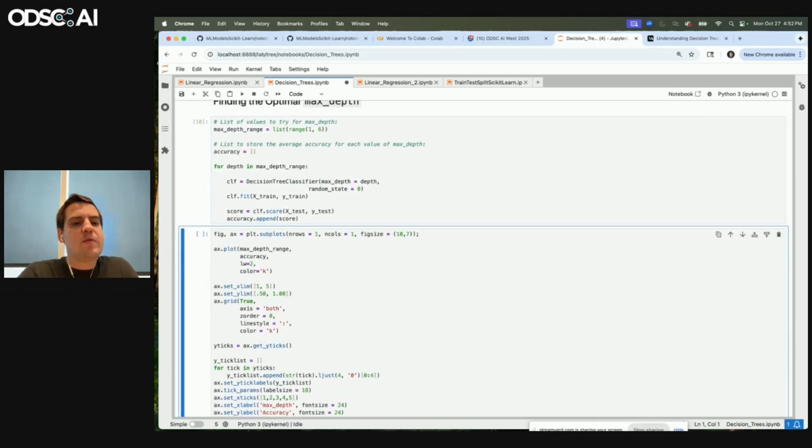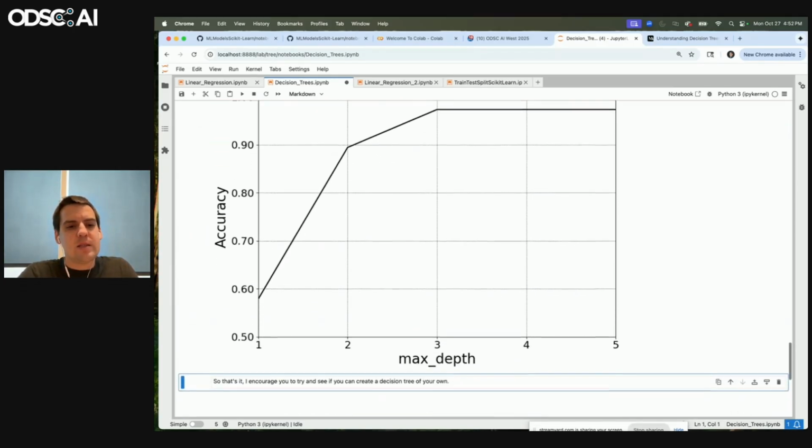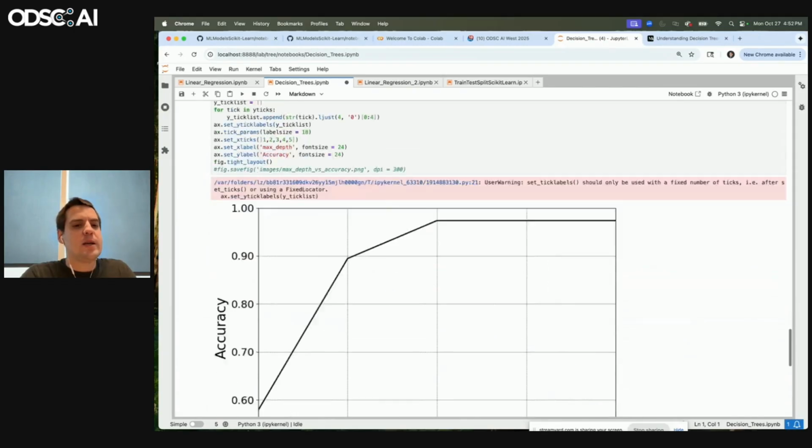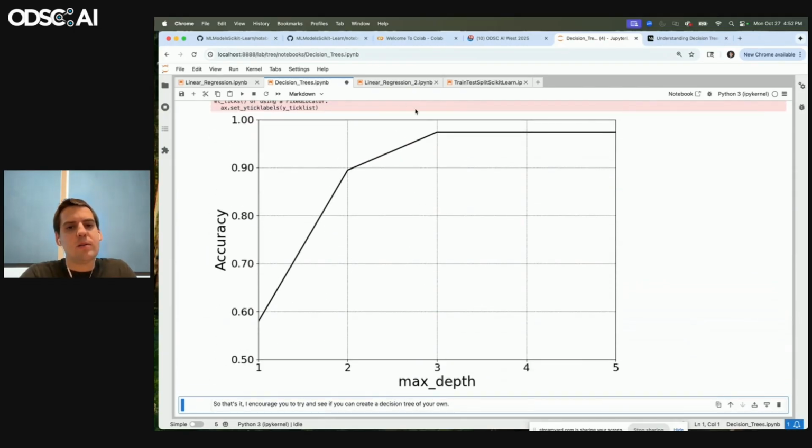One thing we ended up finding over here is if you look at the max depth and then accuracy, like how well it does on the testing set, a max depth of 3 does pretty well. And the thing I want you to get from this is you typically want to have the simplest model that has the best performance. So in this case, what model did I choose? I'd recommend you choose a model that has a hyperparameter value of max depth of 3, not 4 or 5 here,